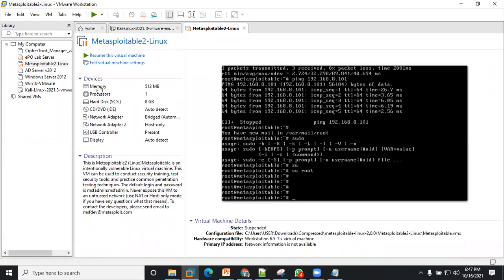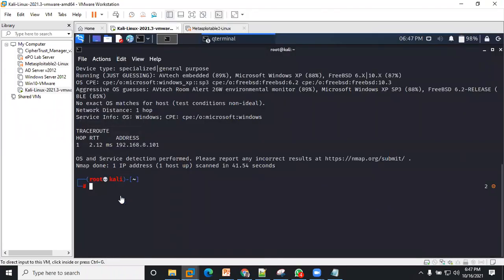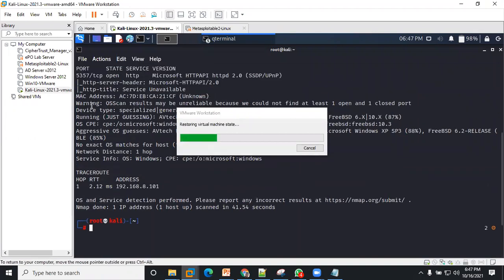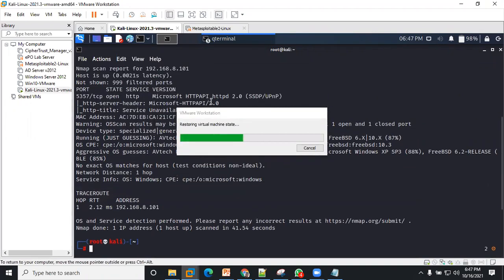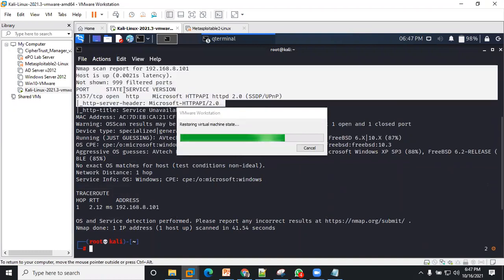So once you set it up, it will come up like this. Don't forget you already have your Kali set up like this, right? You guys see we were running an Nmap scan at the time, right? You can see on the assets that we're running, these are some of the reports.